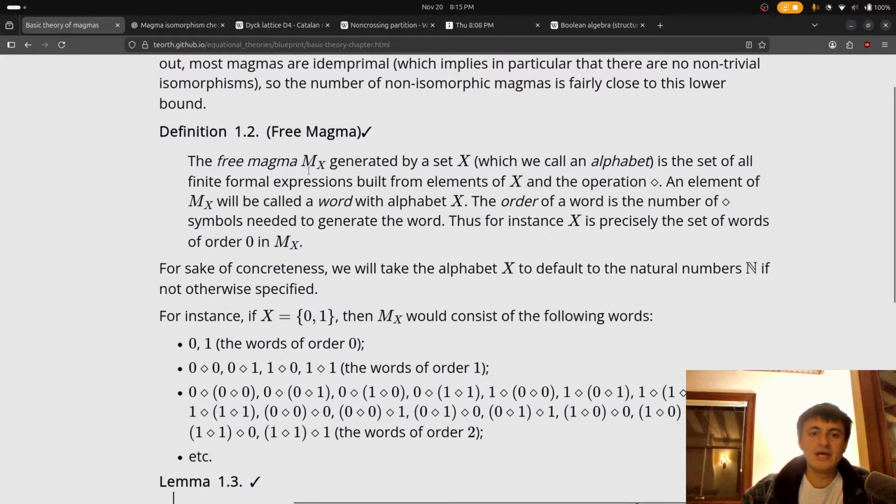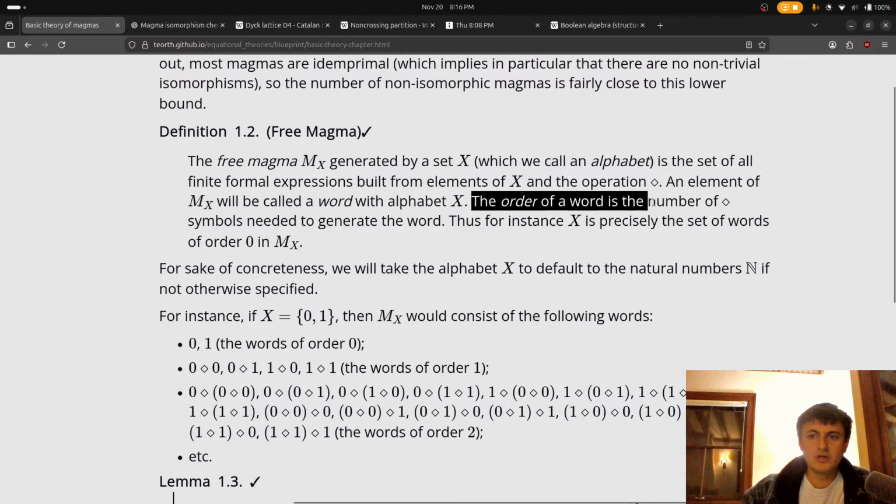The free magma m sub x generated by a set x, which we call an alphabet, is the set of all finite formal expressions built from the elements of x and the operation. An element of mx we call a word with alphabet x.